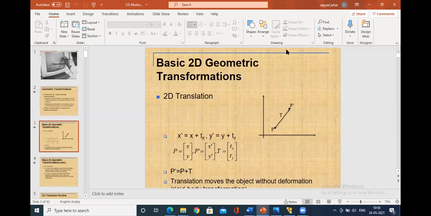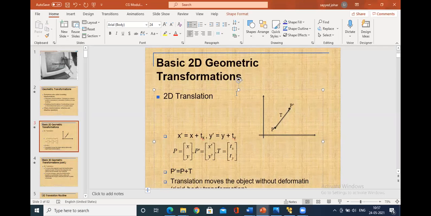If I say the position of this is 1,1, then this point's x-axis and y-axis values will change, obviously.